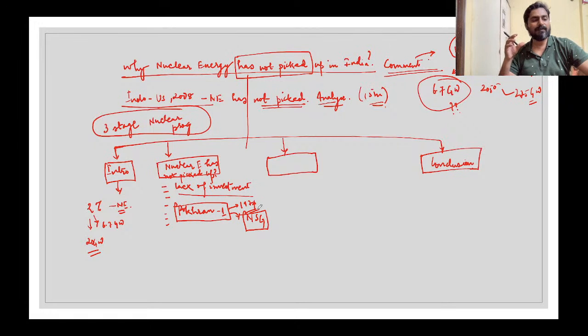This was a grouping of the developed countries, or the countries which have access to technology and fuel. They said that India will not get access to nuclear fuel or technology, because India is not a member of the NSG. So India faced discrimination. And before this Nuclear Suppliers Group, there was the NPT also. Before Pokhran 1, there was the NPT in 1968-69, the Non-Proliferation Treaty.